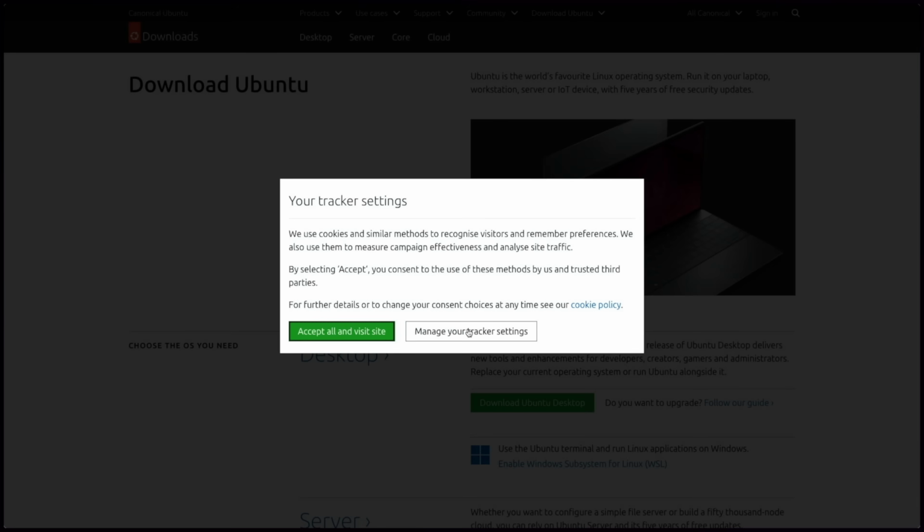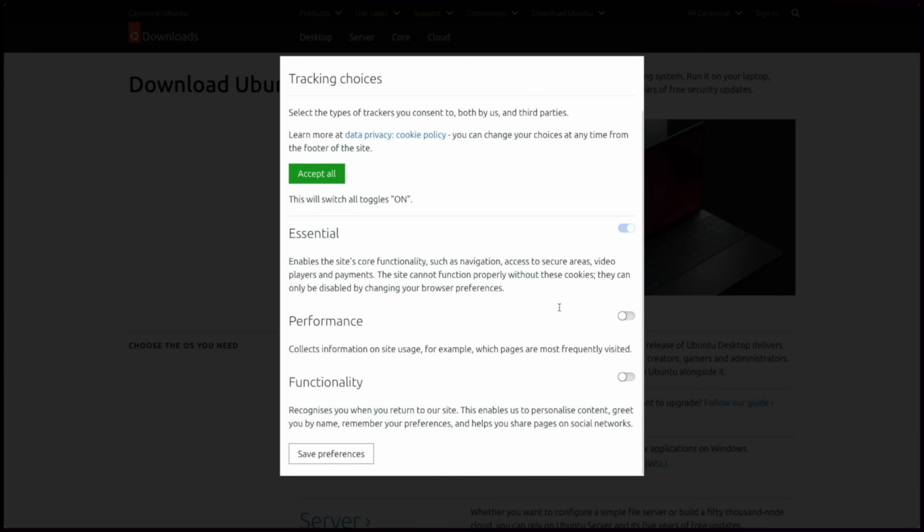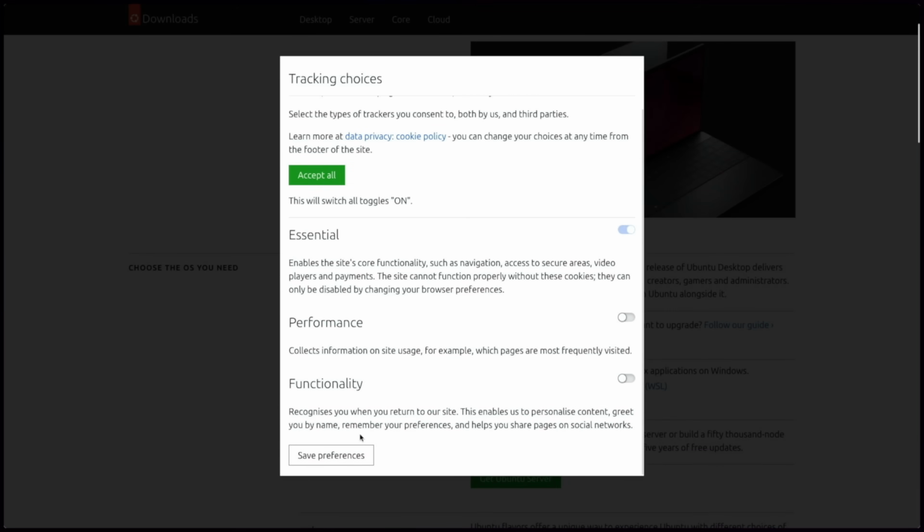So we have to make a decision. Let's say that I value my privacy and I would like to reject cookies. If I click on that button, I get another page with another accept button at the very top, and I have to scroll all the way to the bottom to get to the closest thing we have to a reject button, because essential cookies have to be enabled. So we're not off to a great start.